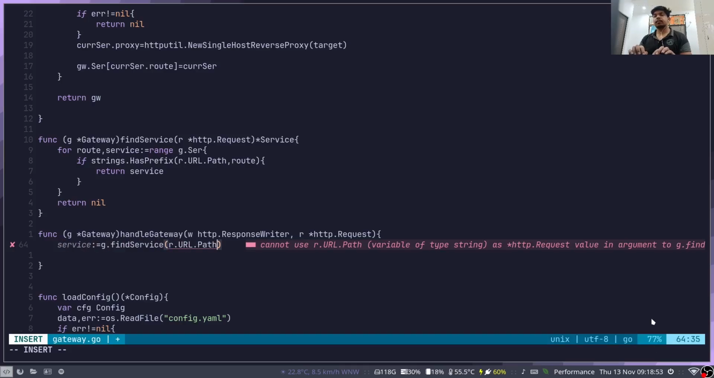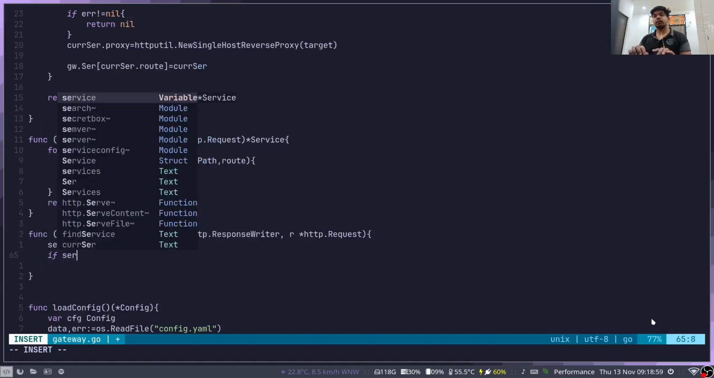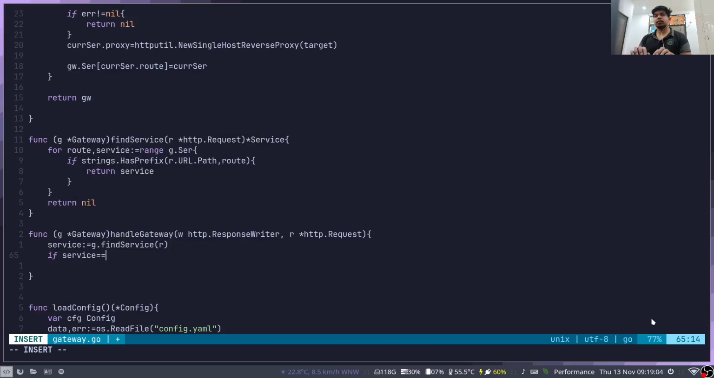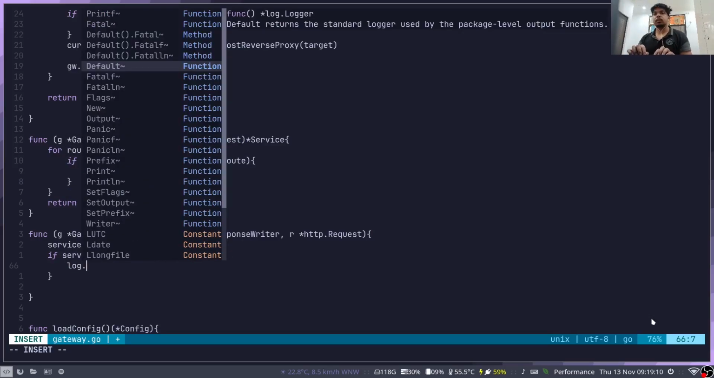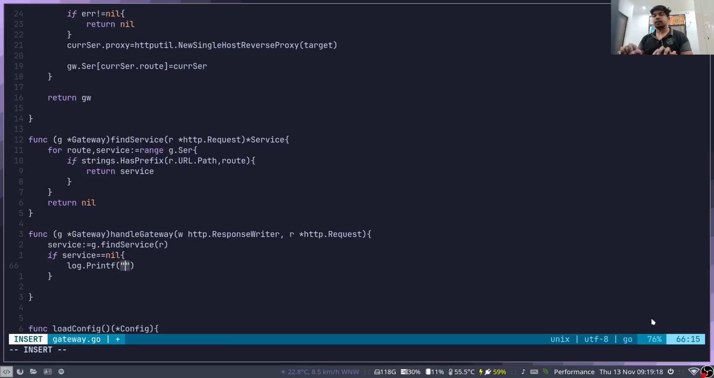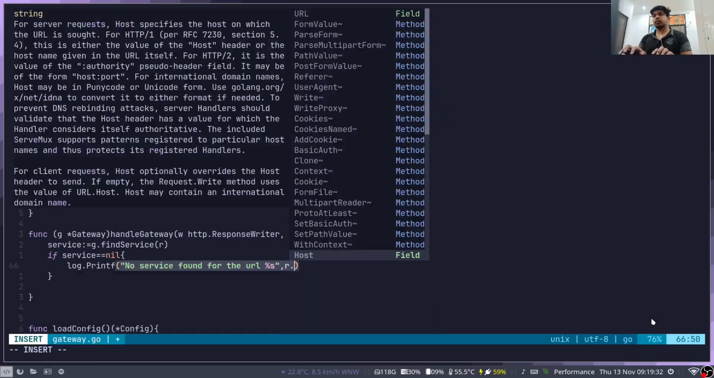Sorry, we need to only provide the request. So if our service is equal to nil, that means we have not found our service. We can log that to our console. log.Printf("no service found for the URL", r.URL.Path),